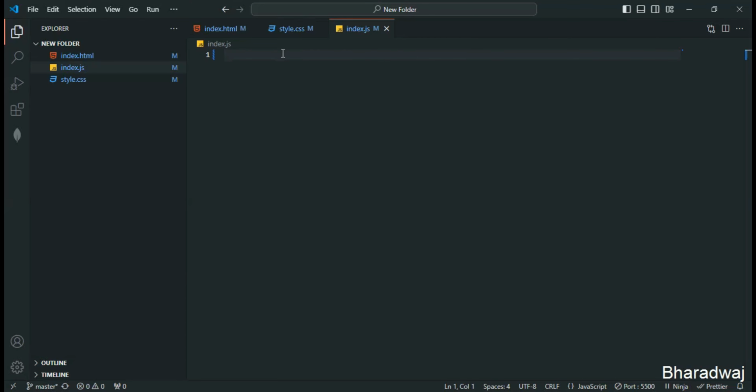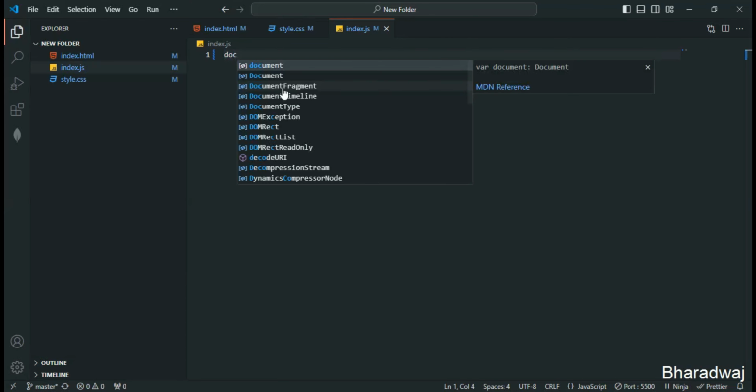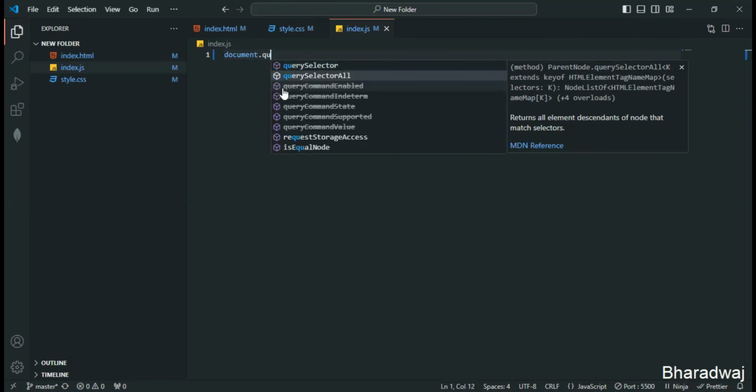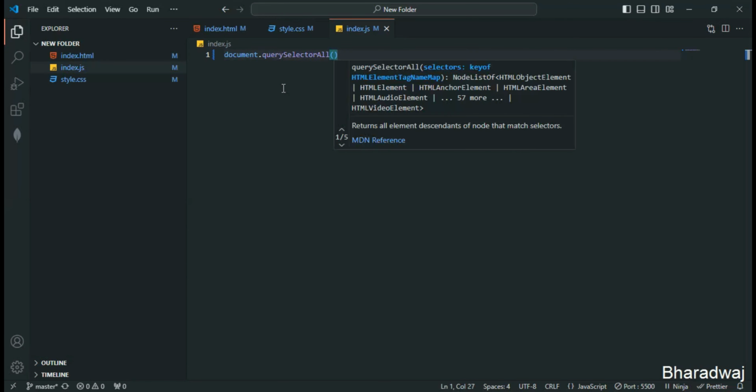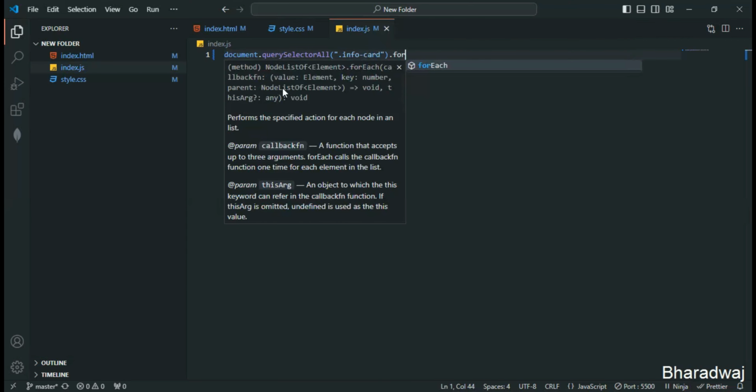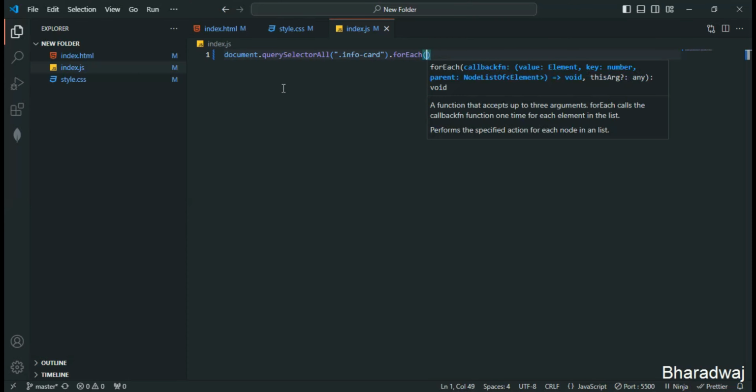Initially what I'll do, I'll just select all the elements with the class info card, right? For that one, document, let me make use of the querySelectorAll. This is just info-card, forEach